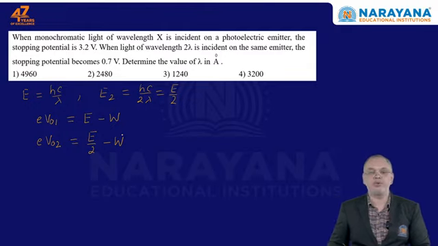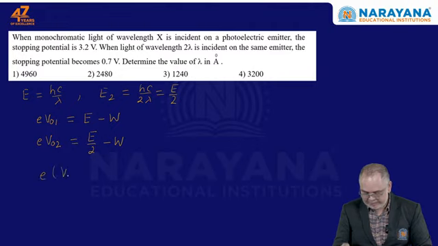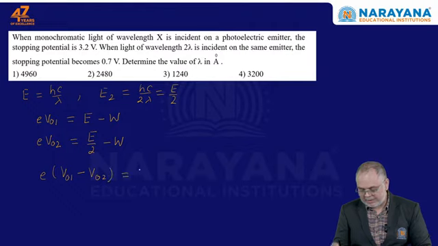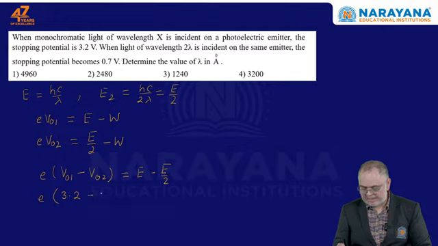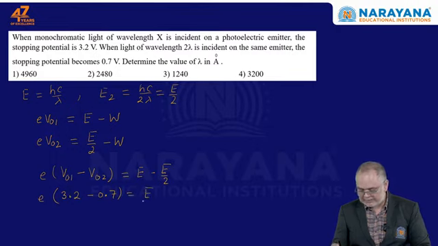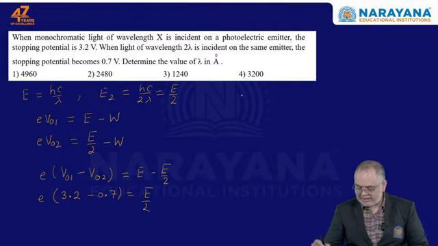Now if we subtract these two, W will be cancelled. So we can write E(V naught 1 minus V naught 2) is equal to E minus E by 2 W, it will be cancelled here. Now V naught 1 and V naught 2 values are given. We can put the value here: V naught 1 that is 3.2 volts minus V naught 2 that is 0.7 volts, and this is equal to E by 2. Or we can write E is equal to